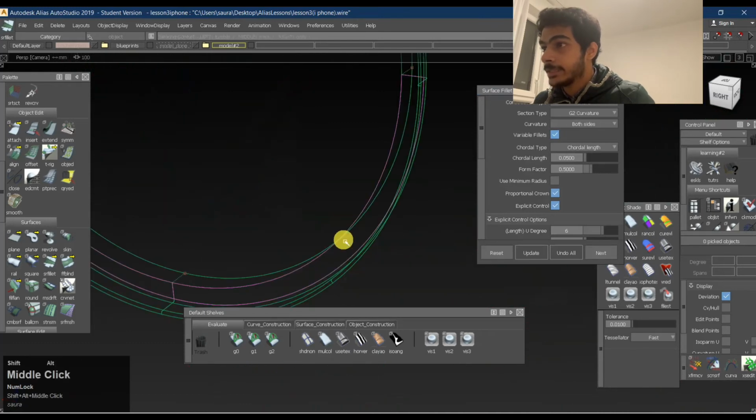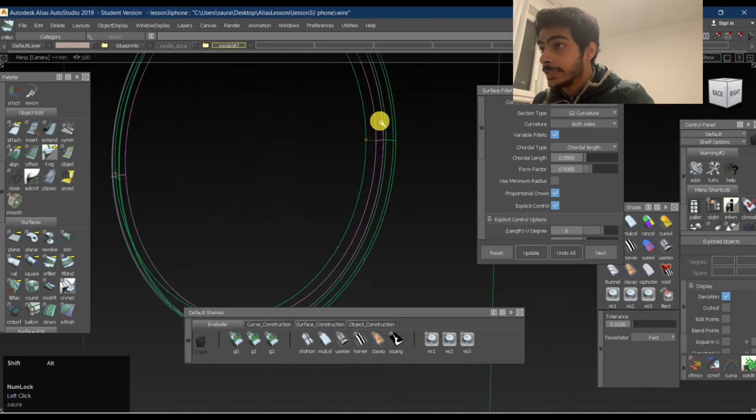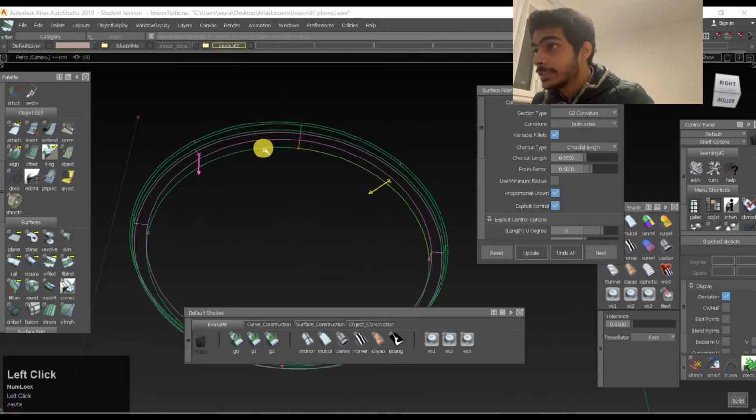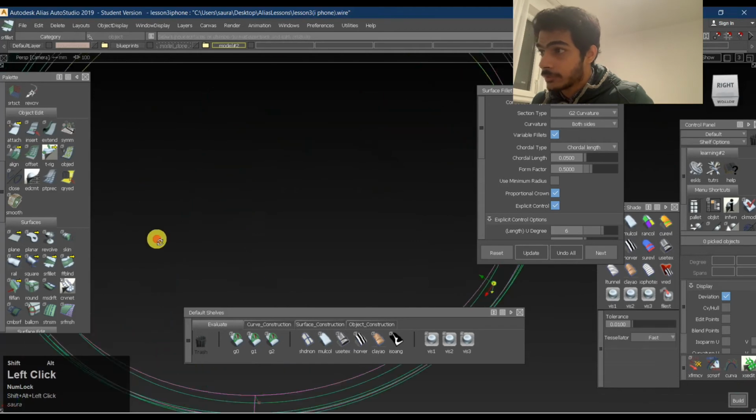Another interesting thing is I can change the history of all these objects now. Even if I want, I can change one single dimension and the whole object is going to change. That's the power of history in Alias.